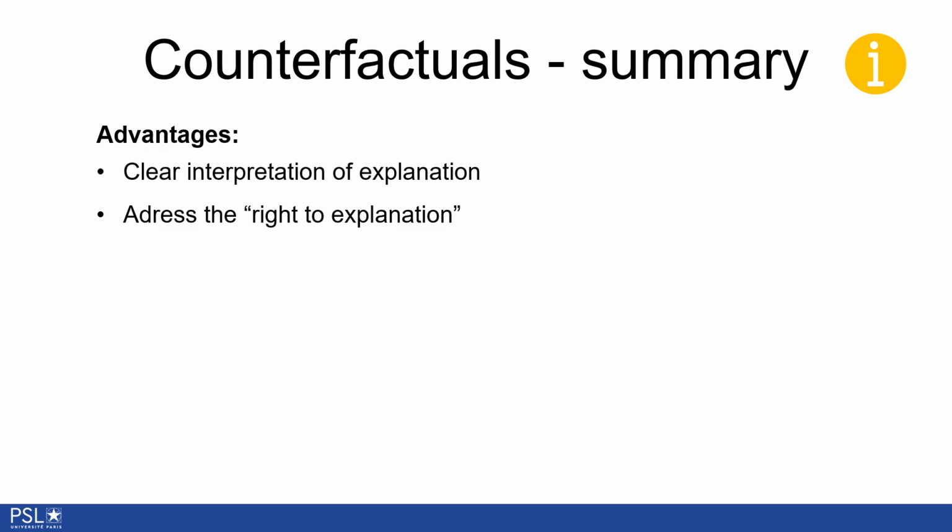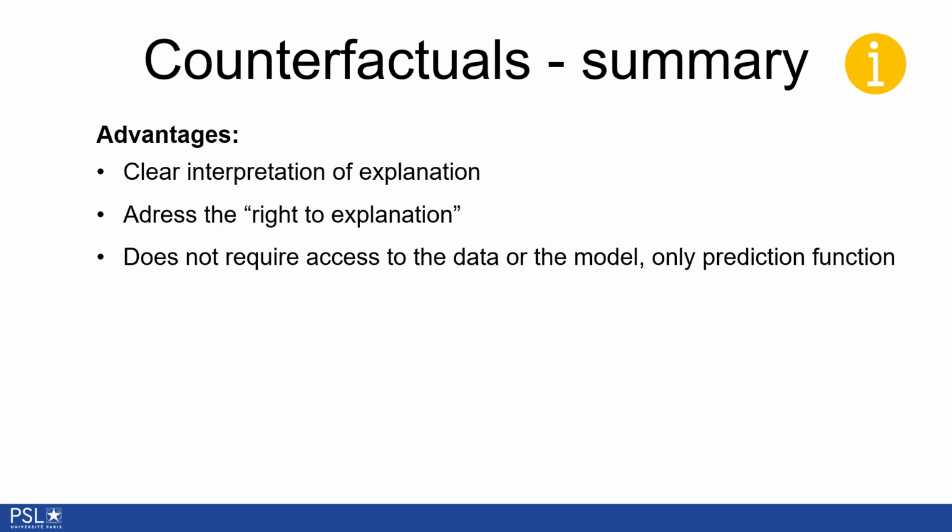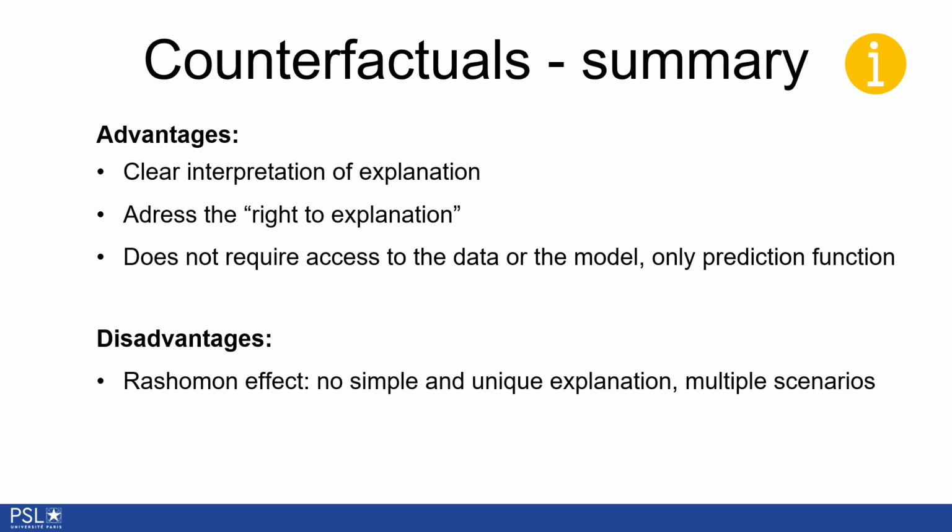They address the right to explanation, in particular in the sense that they give actionable options for changing the outcome of the decision-making process. On a more technical side, they do not require access to the full data or model, only to the prediction function. One point that can be either an advantage or disadvantage is the Rashomon effect, which refers to the fact that counterfactuals typically do not provide a simple and unique explanation, but rather multiple possible scenarios among which the user can choose. This brings me to the end of this lecture and to the end of this series of 2 lectures